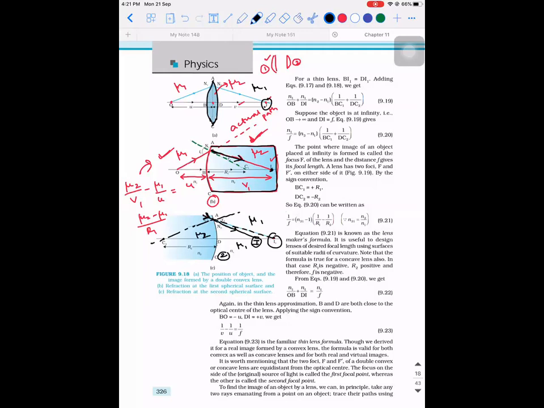So if this is mu2, okay, and the outside medium is obviously mu1. I hope you guys understood. The final image is formed in the air medium only. According to us, it is air medium, some rarer medium of refractive index mu1. Okay, this distance is R2. And this distance is how much? V. And the I1 distance is how much? It is V1. Now tell me, how do we write the equation for this? Where is the final image formed?